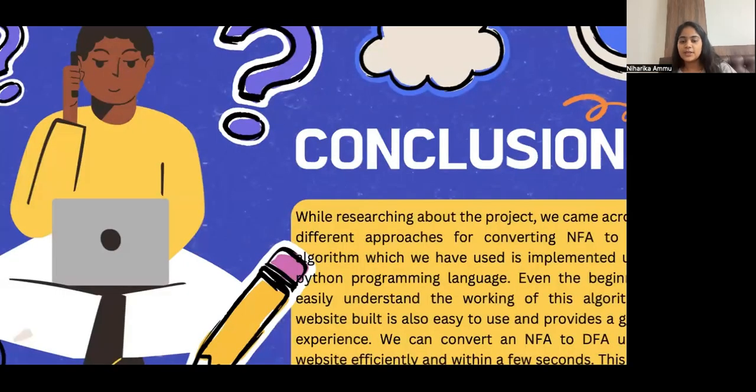So the last part is the conclusion. While researching about the project, we came across many different approaches for converting NFA to DFA. The algorithm which we have used is implemented using the Python programming language. Even beginners can easily understand the working of the algorithm. The website built is also easy to use and provides a good user experience. We can convert NFA to DFA using this website effectively, and within a few seconds it will help to save time and avoid human errors that may occur mostly while transiting a complex